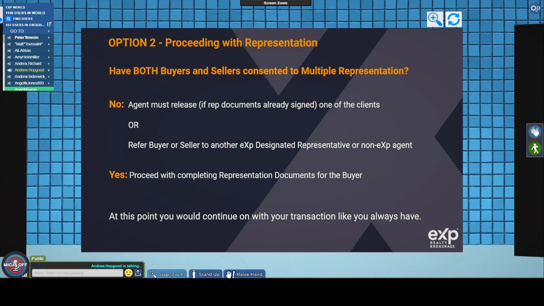Okay, so typically, if you know that multiple representation is going to arise, more than likely you're not going to sign anything with the buyer yet. You're going to find out whether multiple representation is going to be consented to. So you're not going to proceed, you're going to refer that person out to someone else. Okay. If everyone does consent,